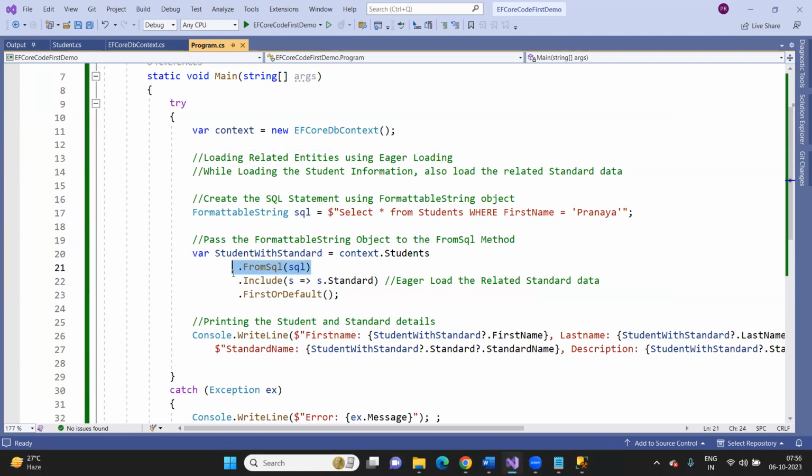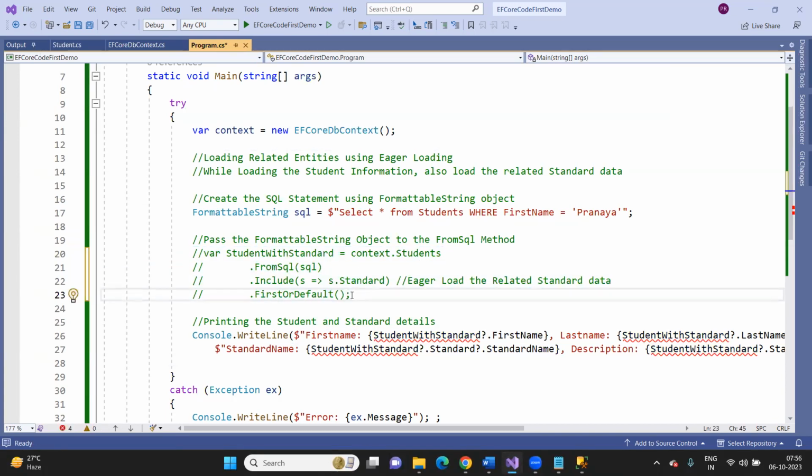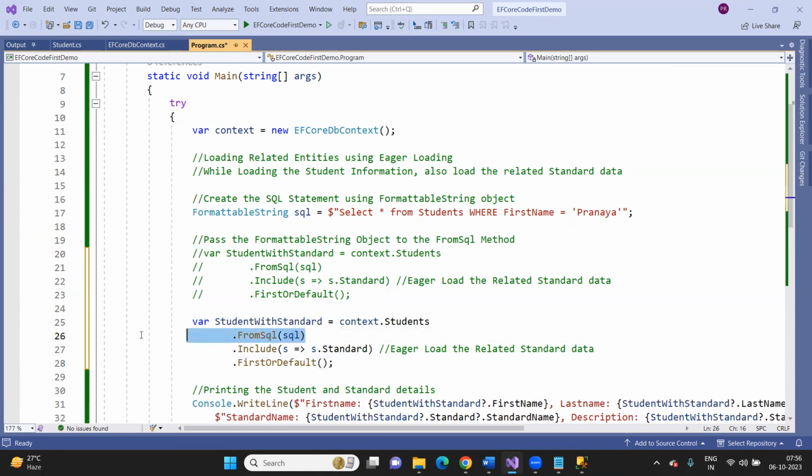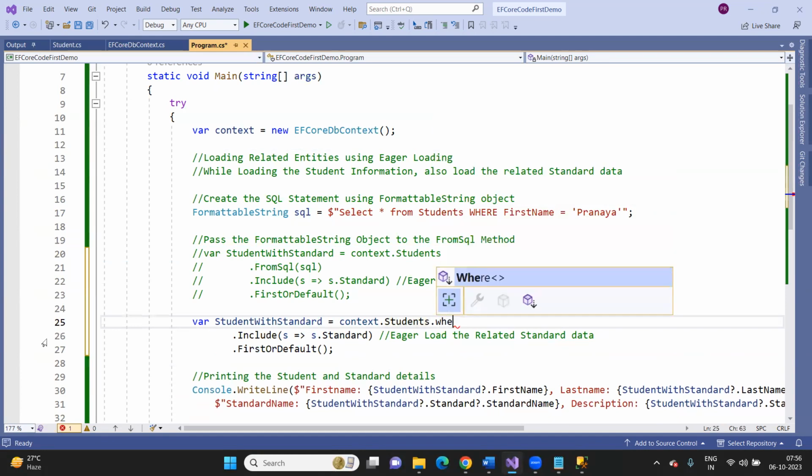Even that is not the case, right? We never do this kind of thing. Why? Because this statement I can also rewrite without using that raw SQL statement, right? How? Let's see. I don't want this one, right? So what I'm going to do, that where